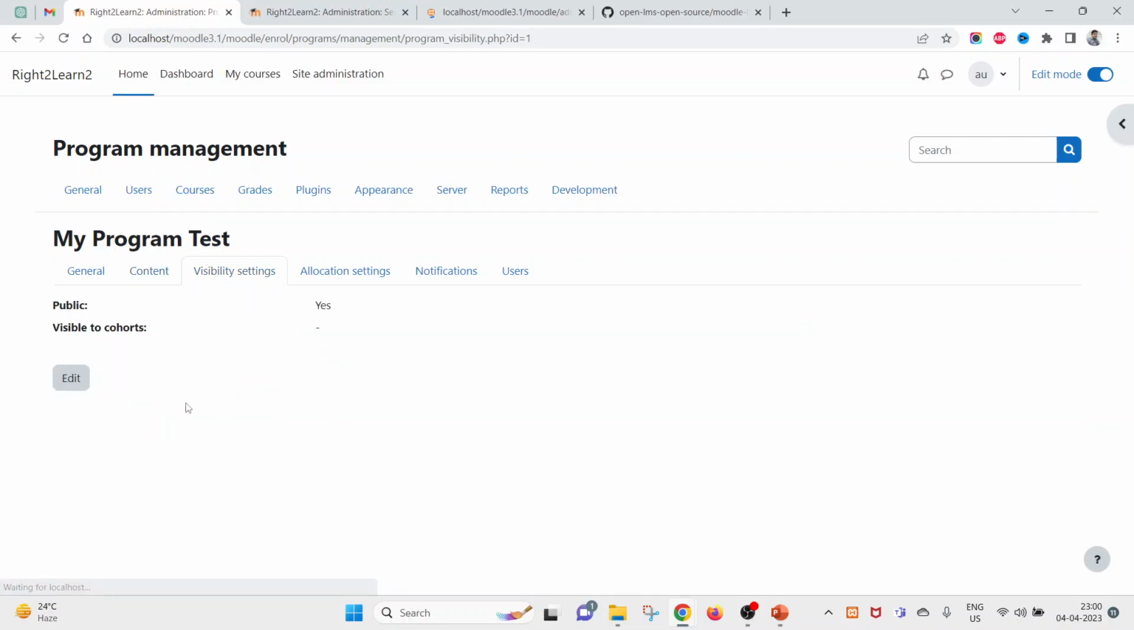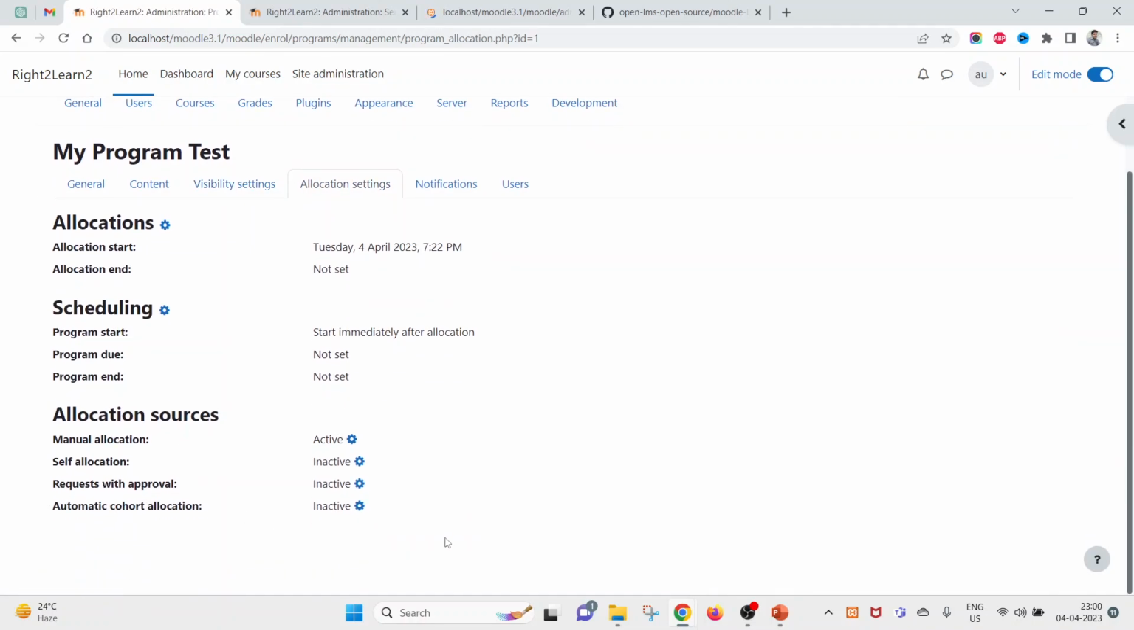So again, if you want to hide, you can disable here. Then in application setting, if you want to enable self allocation, you can also enable it here. Okay,